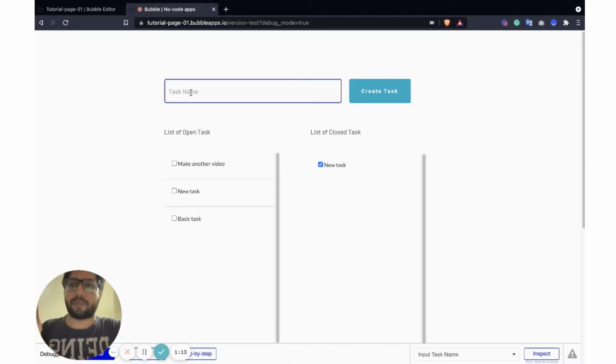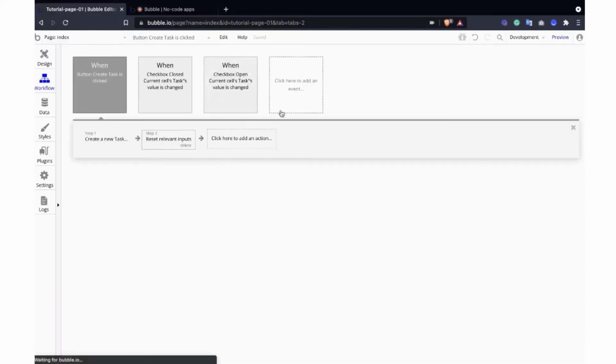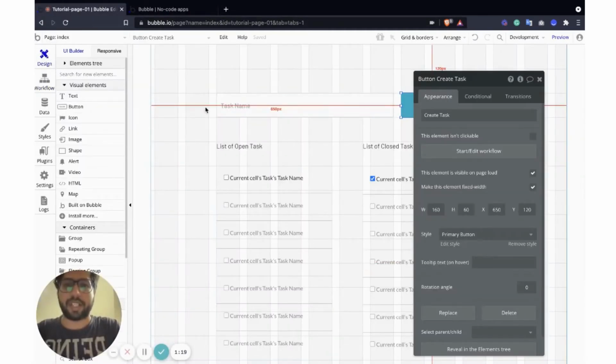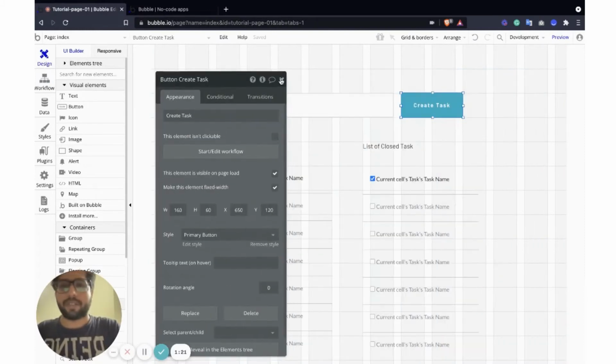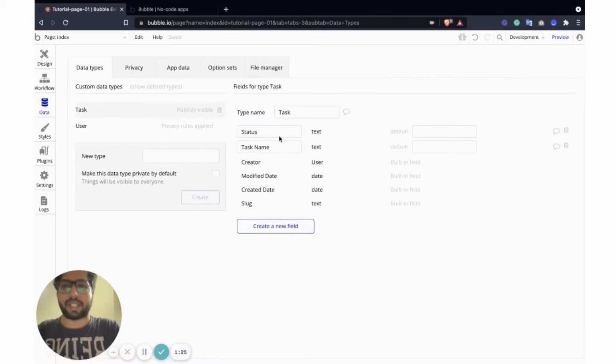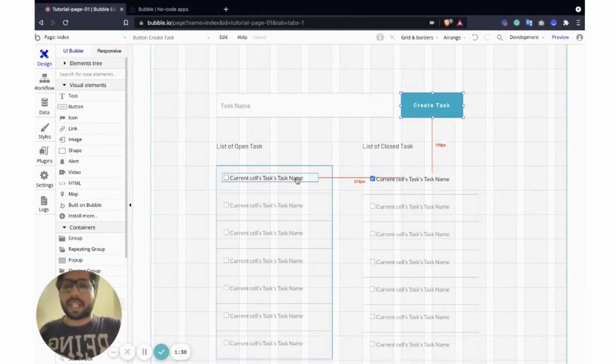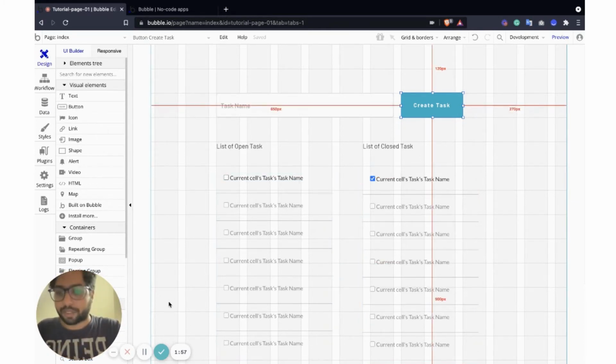It's reset. So this was a brief basic to-do list application which you can create. Now you can add multiple values, you can store multiple values along with the task as a data field, and start filtering the information of tasks on the basis of those values. So you can have the creator of the task, assigned to, task when it's completed. So yeah, this was a brief introduction.